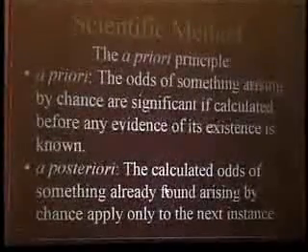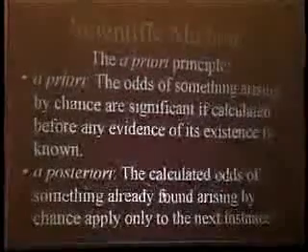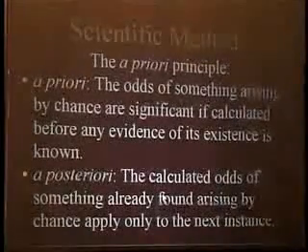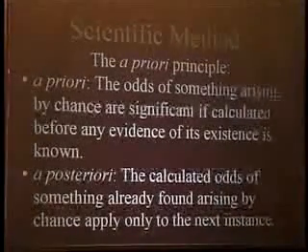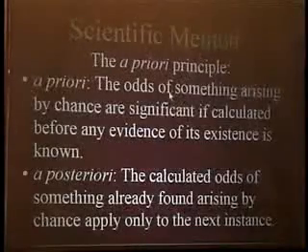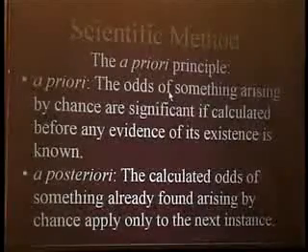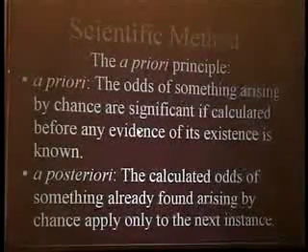The calculated odds of the face itself being found by chance only apply to the next instance, not to the one already found. That can be a face in clouds effect, however improbable it is. But the predictions that were made in advance are referring to the next instance, and in that case we have